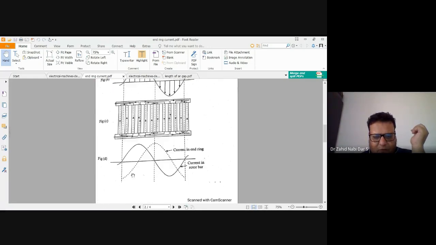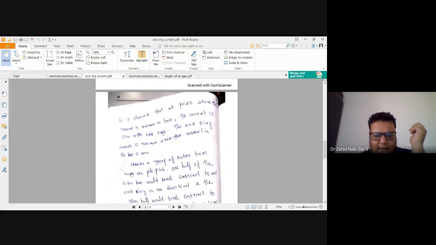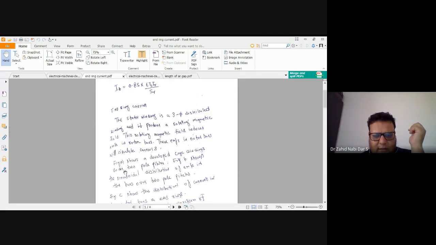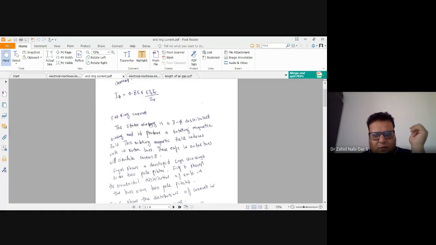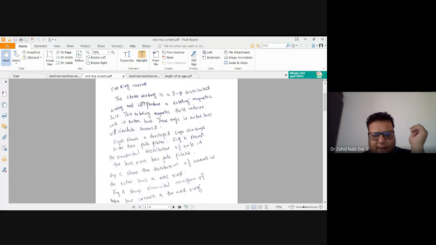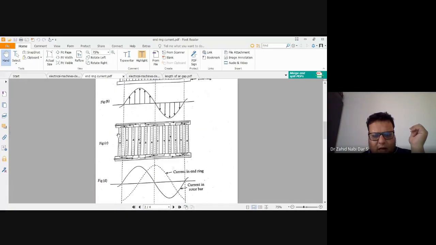So what we have to study is how we go about this calculation. Obviously we saw the current yesterday from one derivation that I had given you. I have also shared the PDF of it, wherein I have mentioned IB is equal to 0.85 into 6 times TS. Yes, this is basically 3 times ZS into SR, where ZS is the number of conductors, and this is basically ampere turns. TS into IS is your MMF, which we calculated even yesterday. So now we are interested in how we go about this.